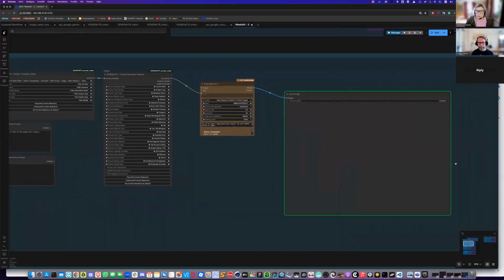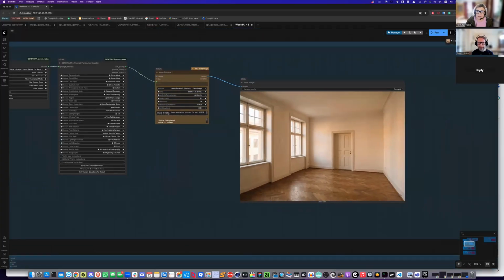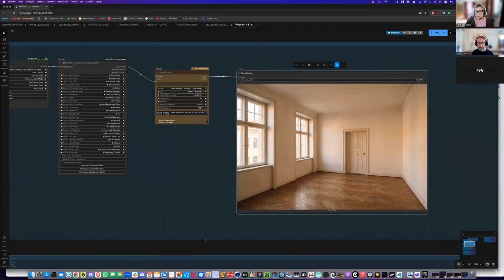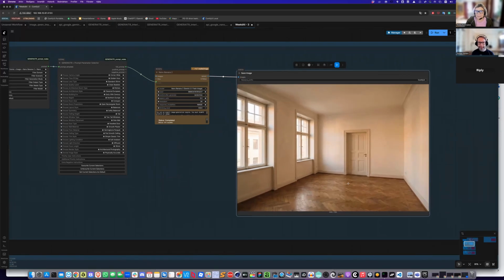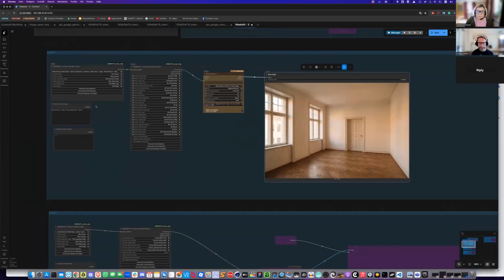Okay, so now the model is generating, and we have ourselves a room. Yeah, pretty good. That could be a kitchen. I mean, it could be a really nice apartment in Stockholm. You could definitely put a kitchen there. Okay, let's use that one